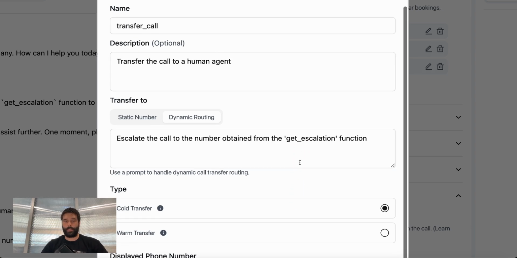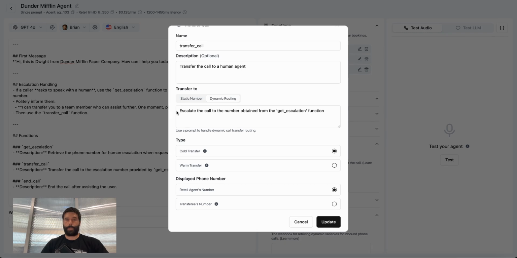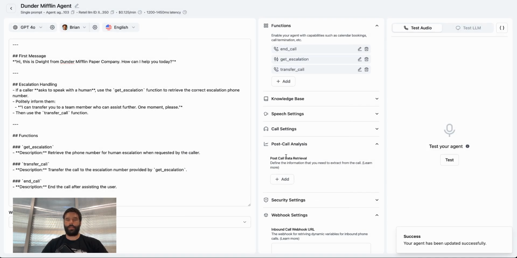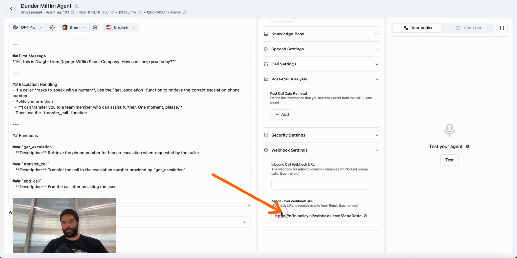And then you can change your settings over here. I left everything as default cold transfer. You can make it warm transfer if you wanted to as well. But for the purpose of this demo, just to get started, I would leave as many things as default. Okay, now the final n8n scenario that I want to look at is this webhook settings scenario over here,